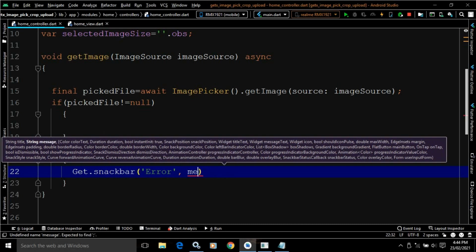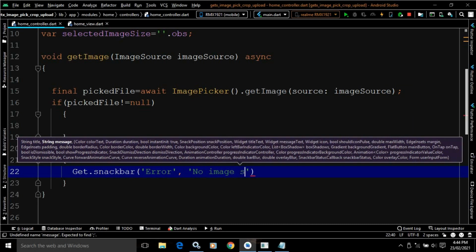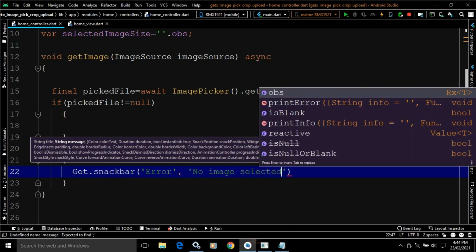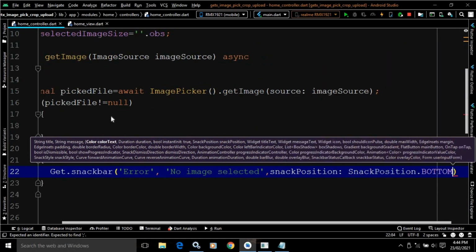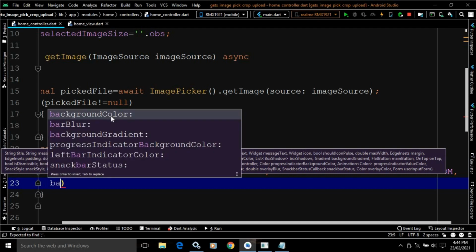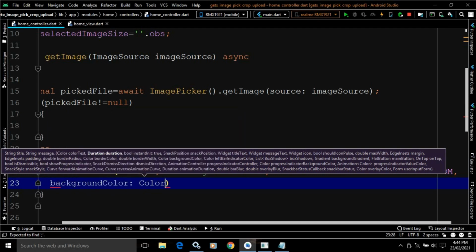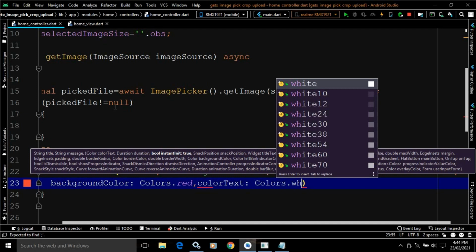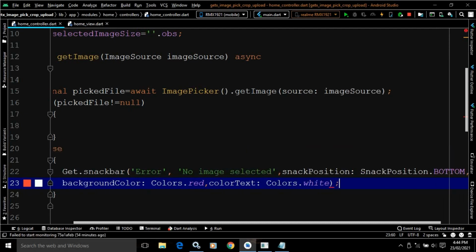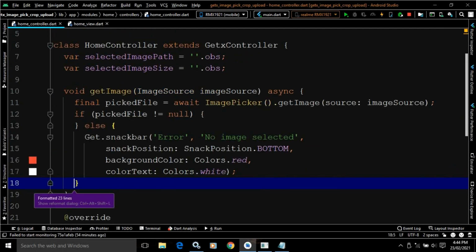In message I will pass No image selected. Now the snack bar position will be SnackPosition.bottom. Background color I will pass as Colors.red, and color text I will pass as Colors.white. So this snack bar will be displayed whenever the user doesn't select any image, right?